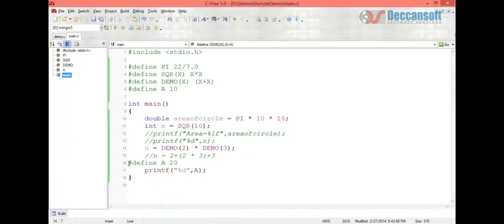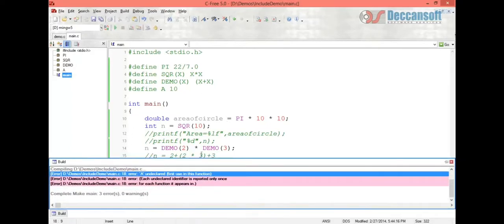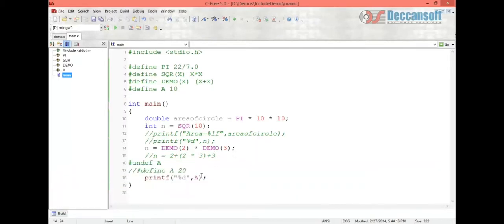But if we want to undefine that value, what do we have to do? Then we have to use another macro to undefine the previous macro's value. So we write #undef a, and here the output will be some kind of undeclared error.